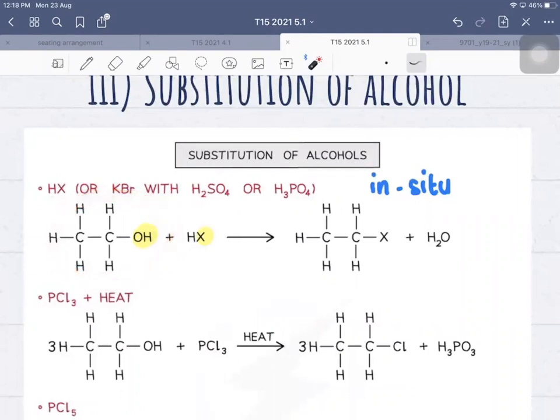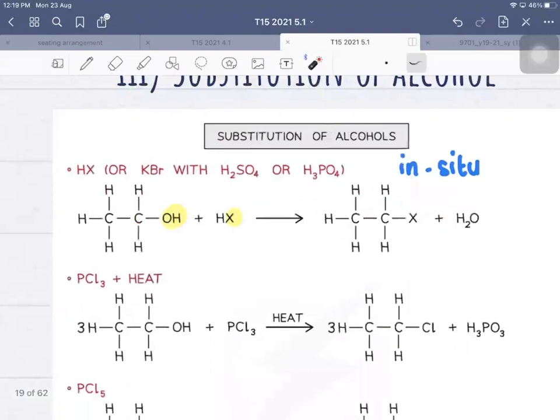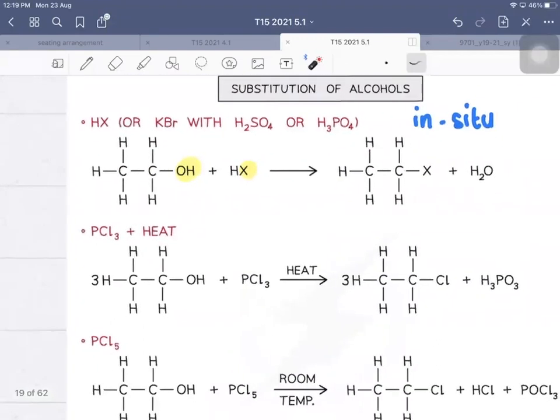Okay, so what happens is that your halogen will substitute your hydroxy group, and then you will form a halogenoalkane. The other product would be water. That's one type. The second type,